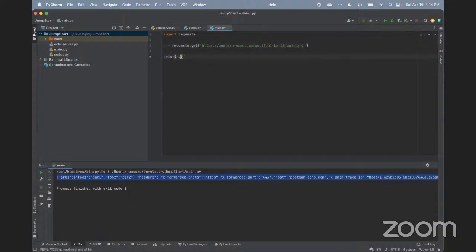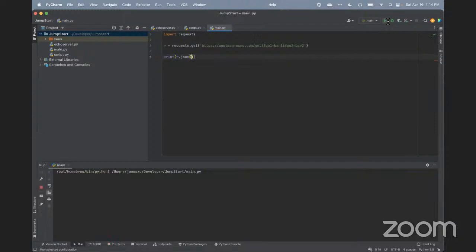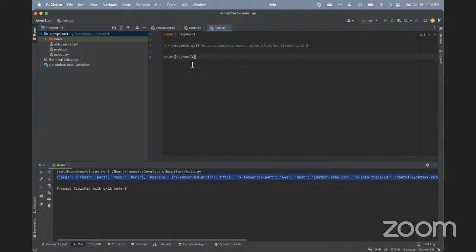And so you can also get this. So this is just text right now, and you can do some text stuff in Python, but it's not too useful, right? Because manually processing text is quite difficult. But if you do .json, it treats this as JSON and converts this to a